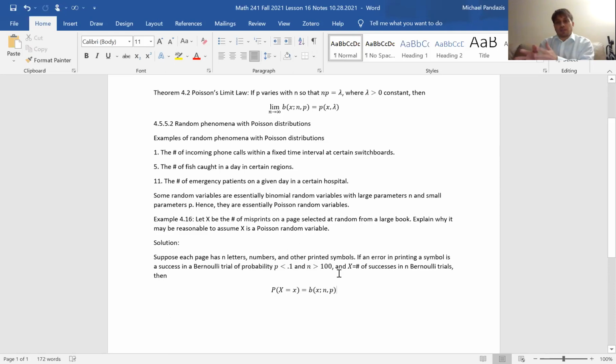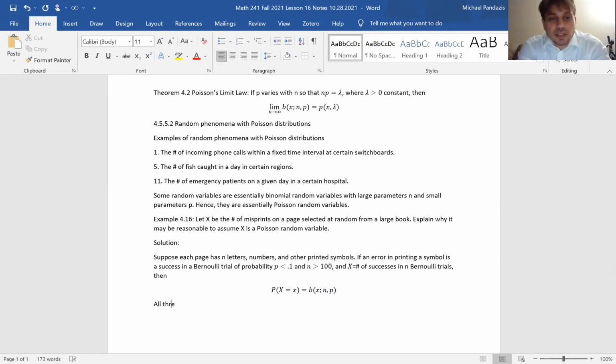Each printed symbol is itself a trial. So if you had a page with 200 letters in it, then that would mean that you had 200 trials, and by the end of the page, after 200 trials, you have the number of successes, the number of errors on the page. So the probability of little x many successes is just the value of this binomial probability function. You want x errors on the page with n printed symbols where the probability of an error is little p. But these meet all three conditions from earlier.